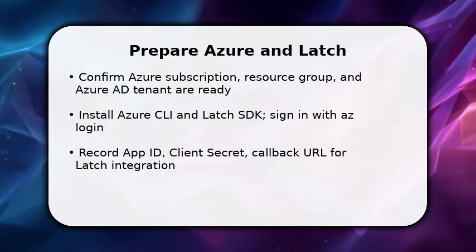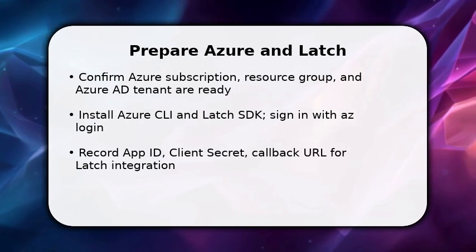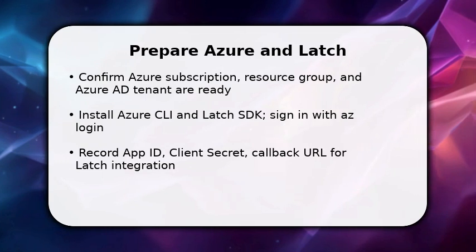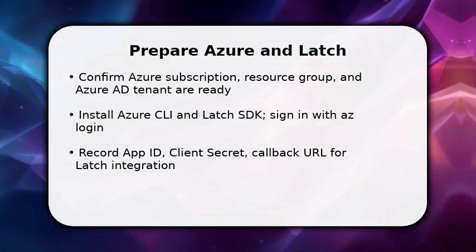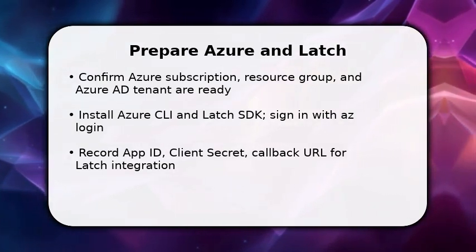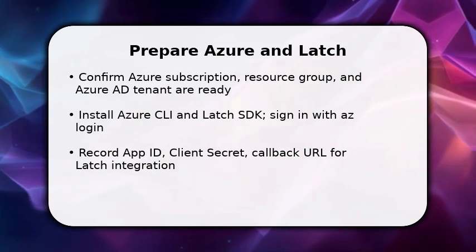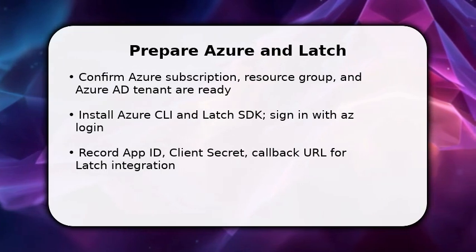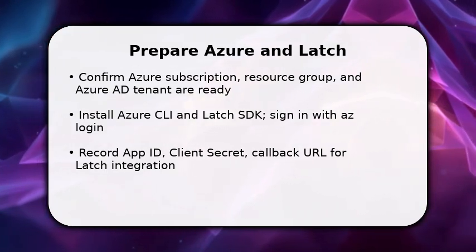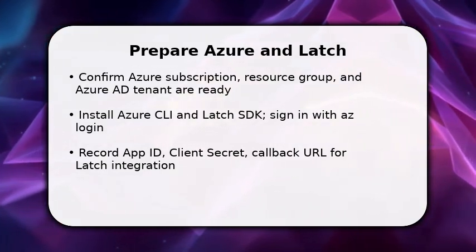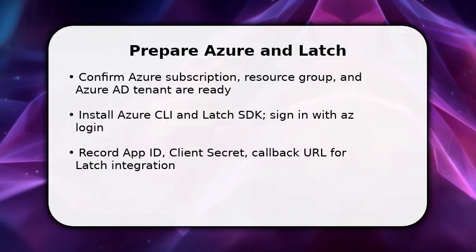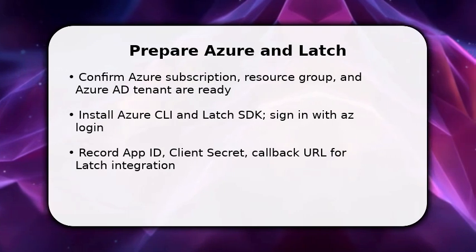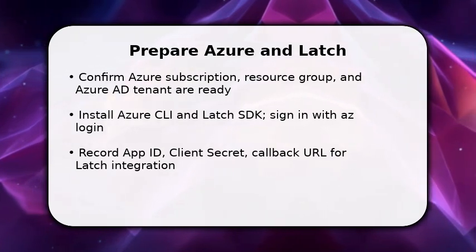You start by validating essentials: an active Azure subscription, a resource group, and an Azure AD tenant so permissions work cleanly. Once done, install the Azure CLI and the Latch SDK on your workstation and run az login to authenticate. Make sure to create a service principal and generate a client secret. Note the app ID and callback URL for Latch. These values will tie Azure AD and Latch together, so copy them precisely and store them securely for the next